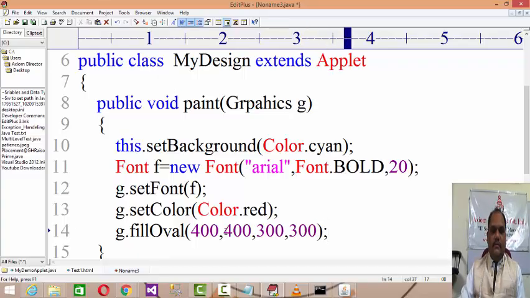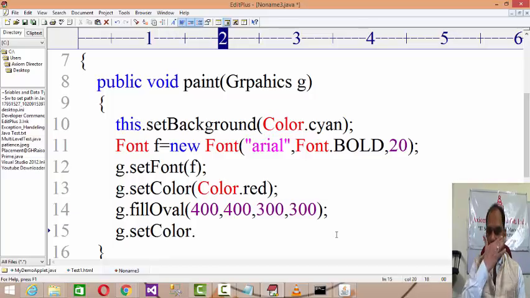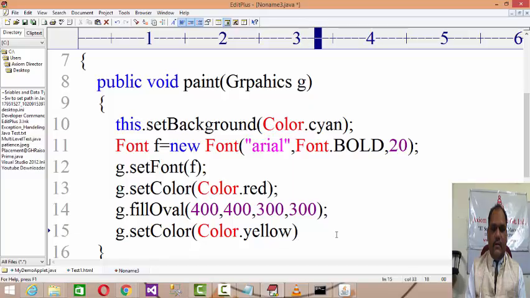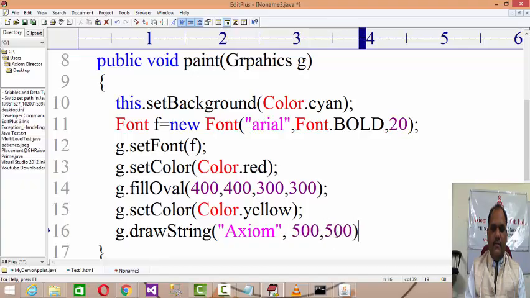It means I'm planning to draw a circle of width 300 and height 300 at 400x and 400y. Then let's say g.setColor again, and Color.yellow, and then g.drawString, if you want to print an exam, with 500 and 500.